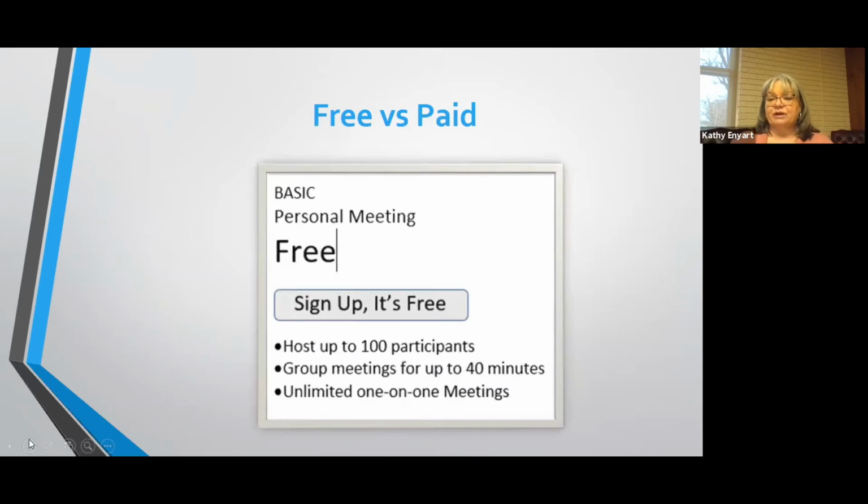Zoom is a free program to get the basic features that most of your OHCE meetings probably can utilize. A basic Zoom account would allow unlimited meetings if you were just meeting one-on-one. So maybe you and your family talking back and forth where you can have a video and see each other. That is unlimited, so there's no time limit of how long you stay in that Zoom meeting. However, once you add a third